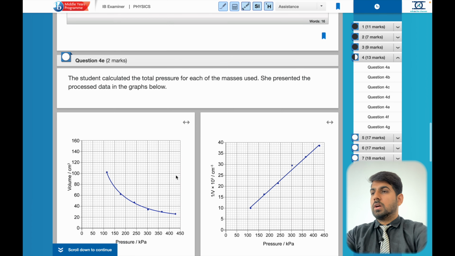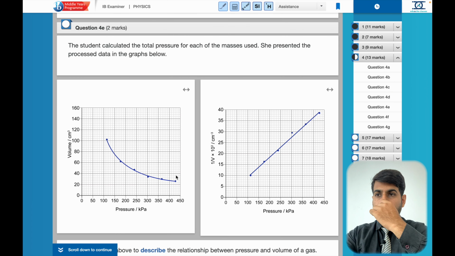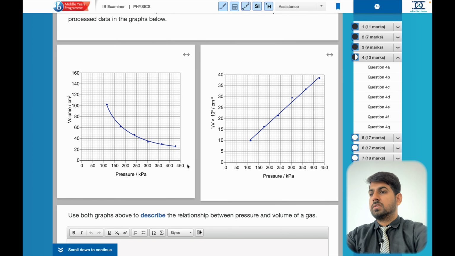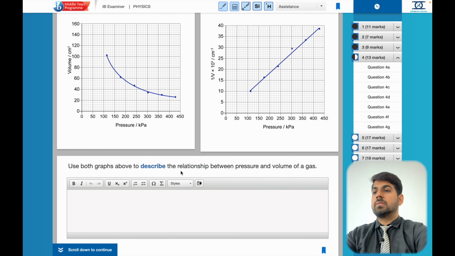Now question 4E, there are two graphs presented, volume versus pressure. Use both graphs above to describe the relationship between the pressure and volume of a gas. Now we are only here to describe the relationship, not to prove anything. So if you look at this graph, this is 1 by V and this is pressure, and this is volume and pressure. So we can say with increase in pressure,